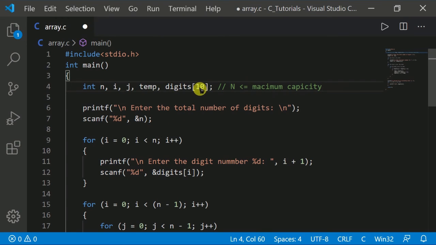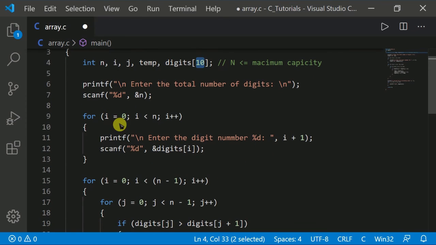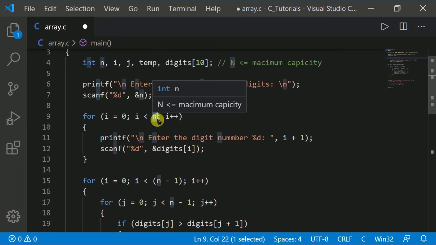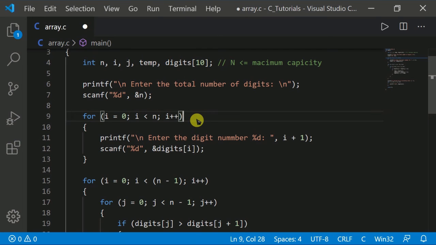So 10 is the maximum capacity of our array. Then we iterate through a for loop from 0 to n, take integers as input from the user and print them. These inputs are the elements of the array.